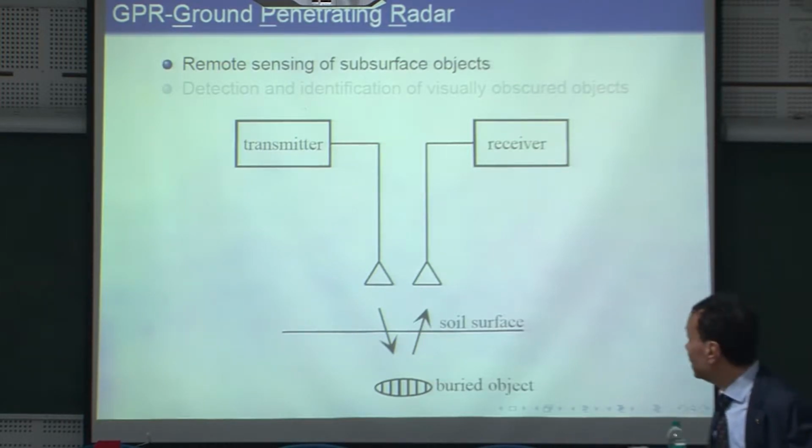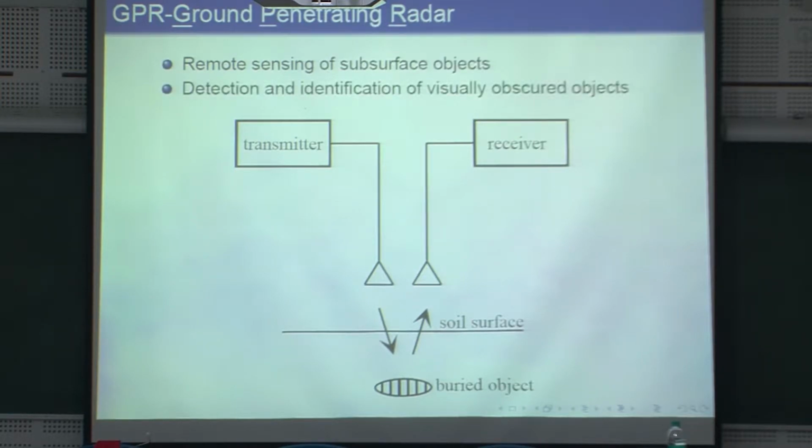And some application is subsurface objects, anything which buried below the Earth's surface, beside detection and identification of anything which is hidden, which is not seen. So this is the definition. You have soil surface, you have something which is hidden below the soil, you have a transmitter and you have a receiver like we showed before.